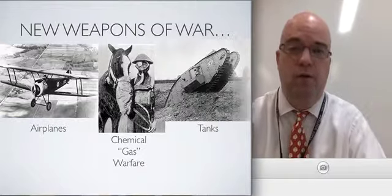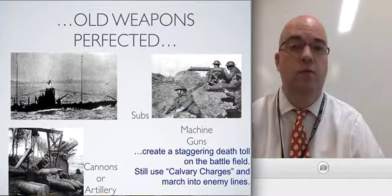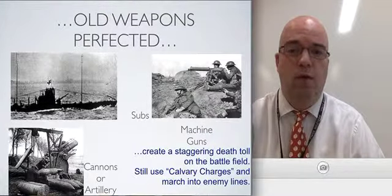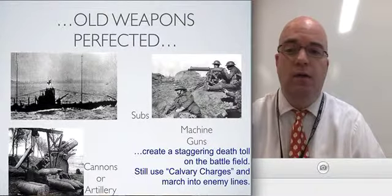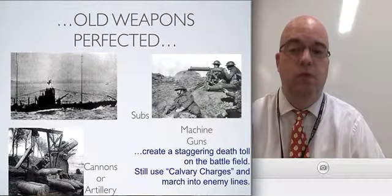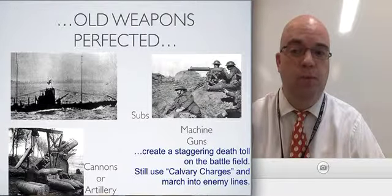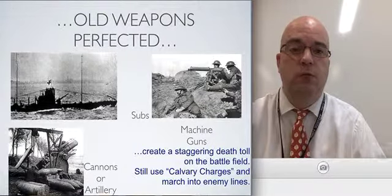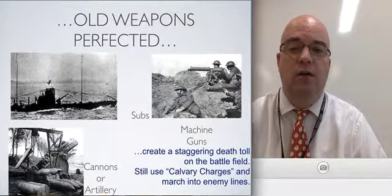There are also old weapons that were not necessarily new but were perfected by World War I. Machine guns were greatly improved upon as a form of technology. Cannons and artillery had a farther range and much more destructive power. And then, of course, submarines had also been revolutionized to be able to use underwater tactics like the German U-boat, which was very, very effective in sinking Allied ships. The consequence of all these new weapons and old weapons that were perfected was a staggering death toll